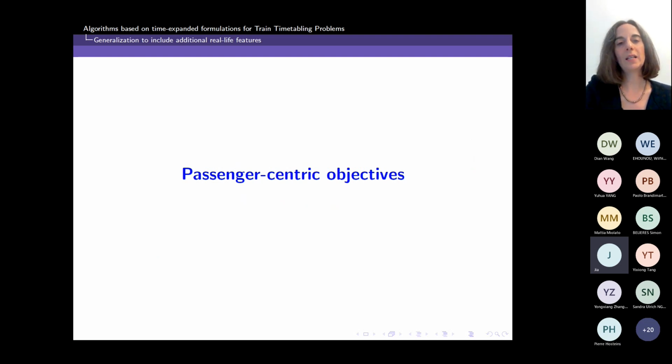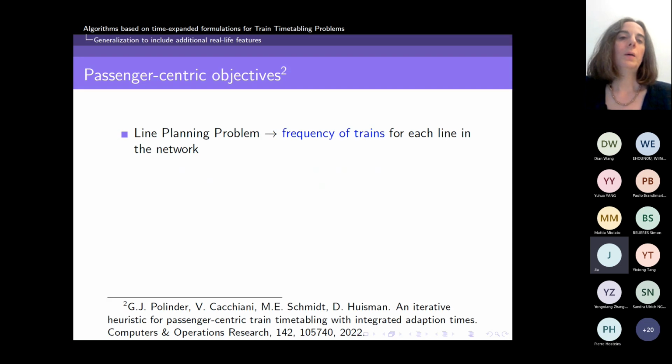application in which instead we are focusing on passenger-centric objectives, which means that what we want to do is to derive a timetable that is the best possible timetable for passengers, so from the passenger perspective and not only the operator perspective. In this case, we have a periodic problem. And we get from the line planning problem for each train line the frequency of trains. So again, we get, for example, that from Milan to Rome, we want to have 2 trains per hour in